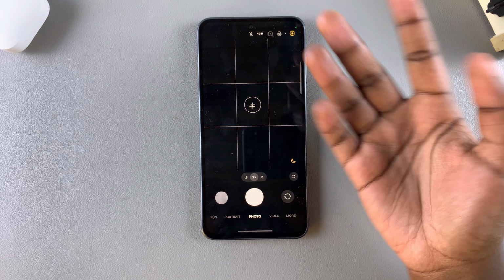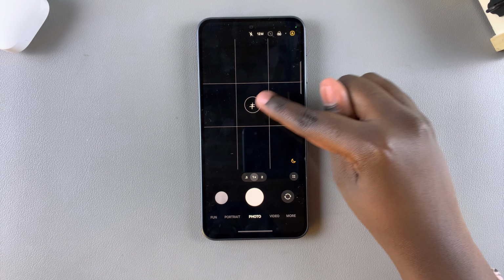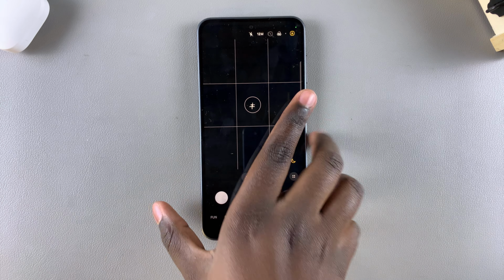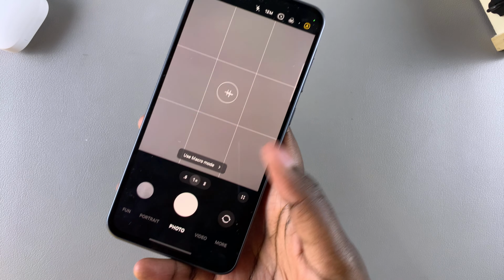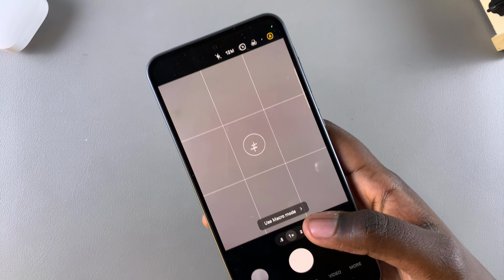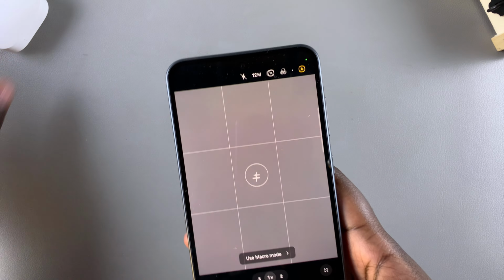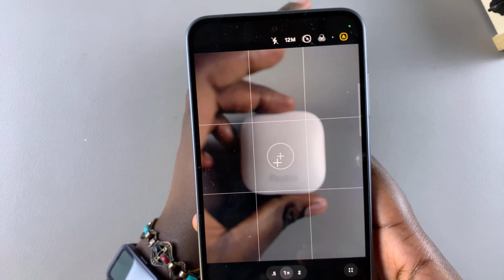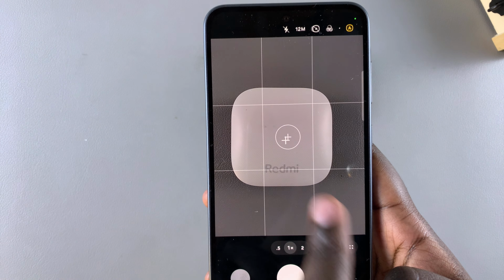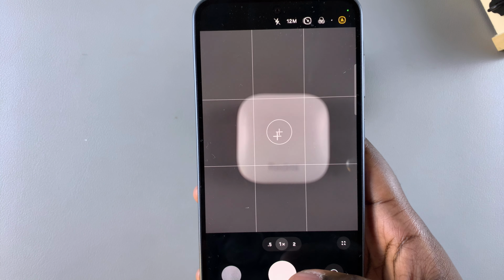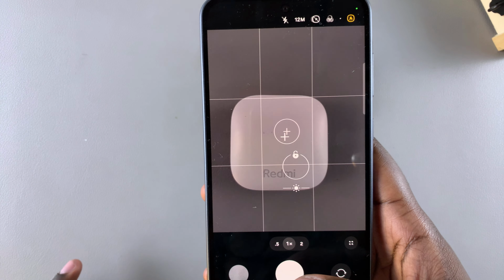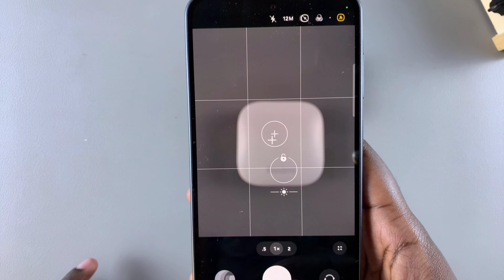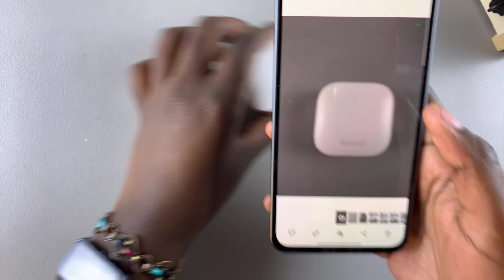If you've chosen grid lines and level, then you also have the level option appearing right in the center of the screen. And so now you can use these grid lines as a way to help you take photos on your phone. So for example, if I want to take a photo of these buds and I want to center it just right, I can use these grid lines so that I can center the image the way I would like to. And then I can take the photo,